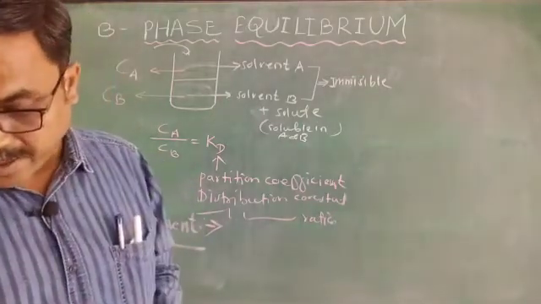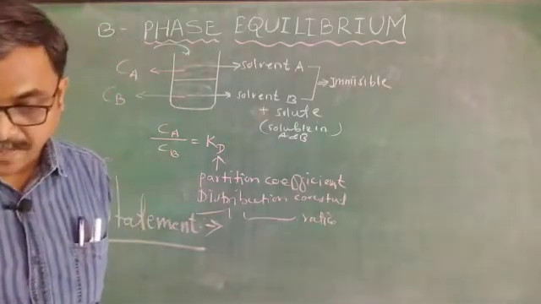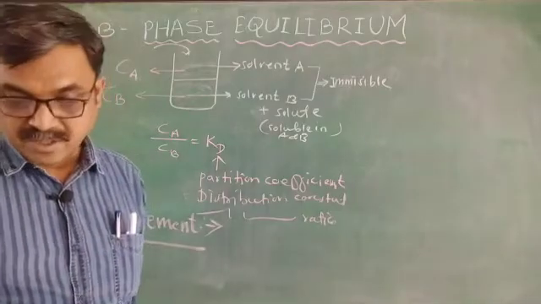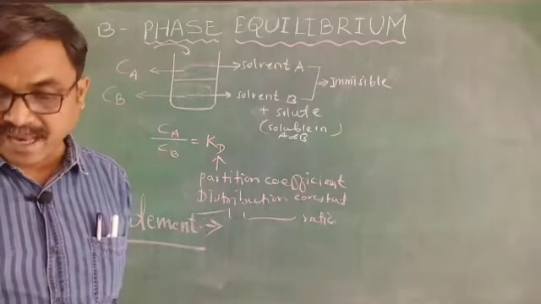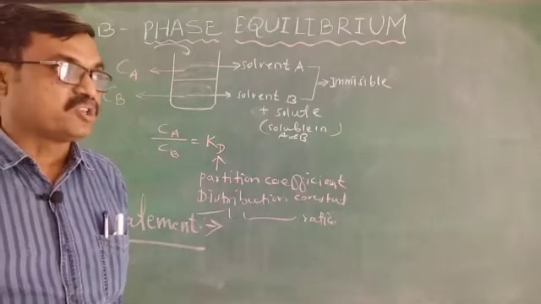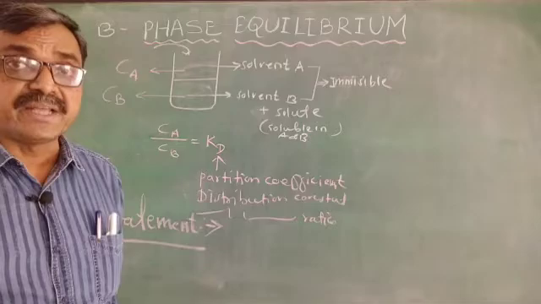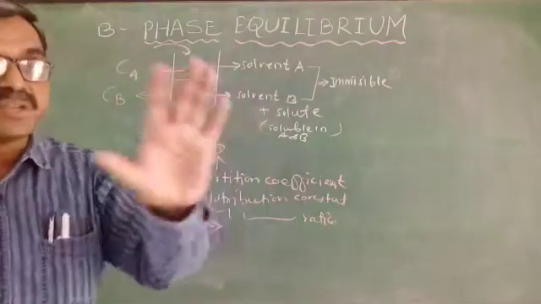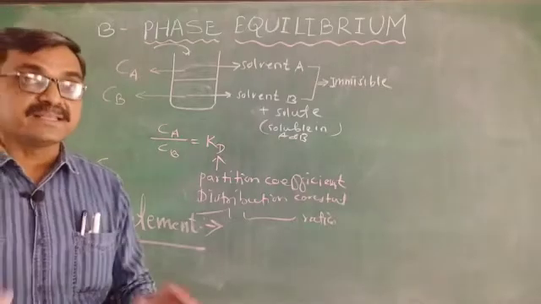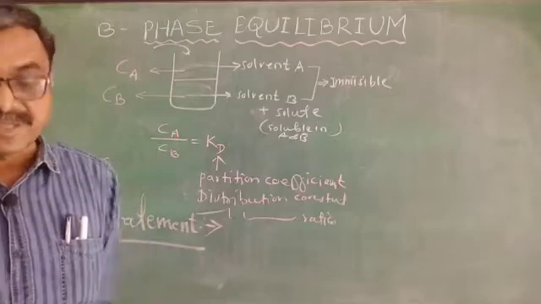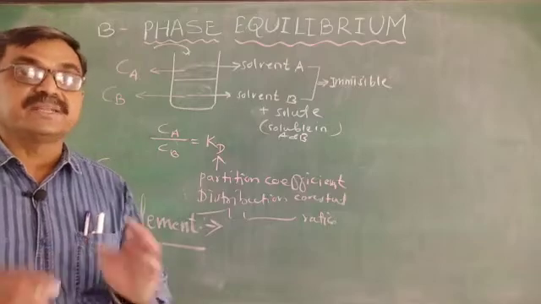According to the Nernst distribution statement, we may say that if a solute X distributes itself in two immiscible solvents A and B at constant temperature, during this experiment the temperature should be constant, and X is in the same molecular state in both the solvents A and B, then the ratio of concentration of the solute in both solvents remains constant.